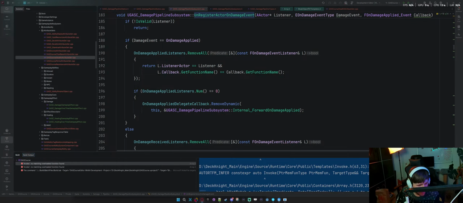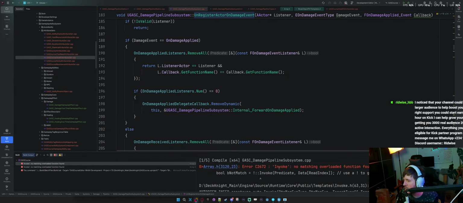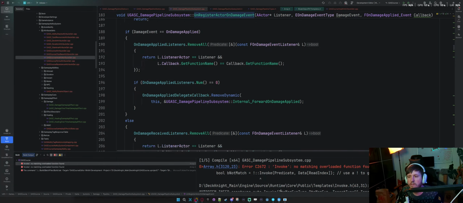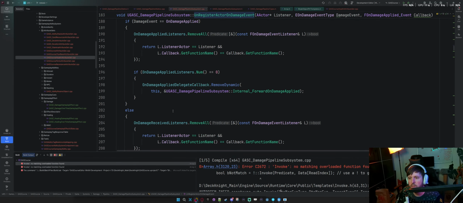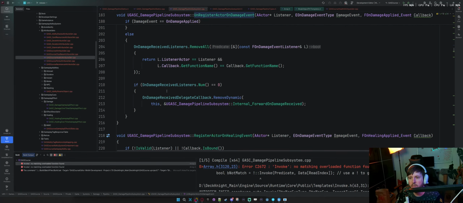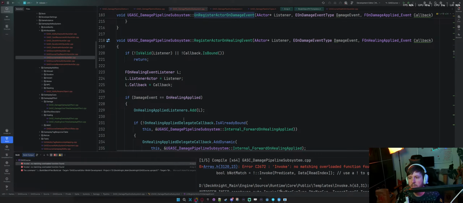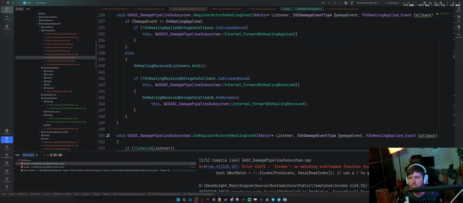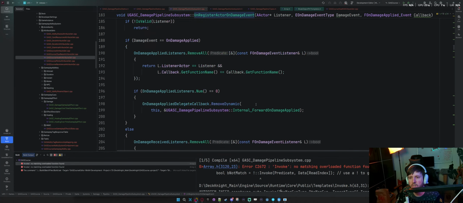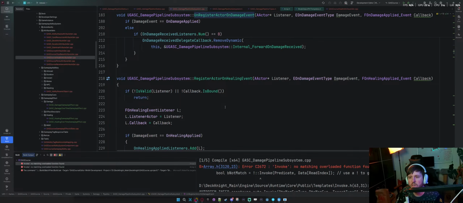Not super confident on what this problem is. So no matching overload to invoke. Okay, so somewhere the healing event. Oh.